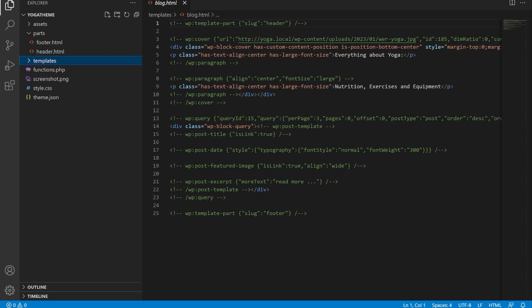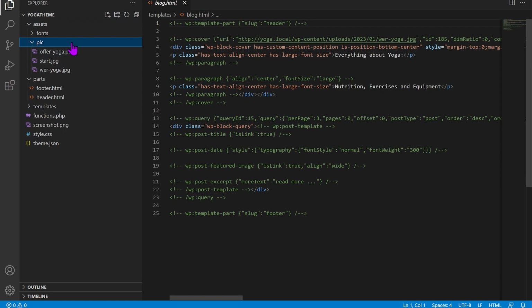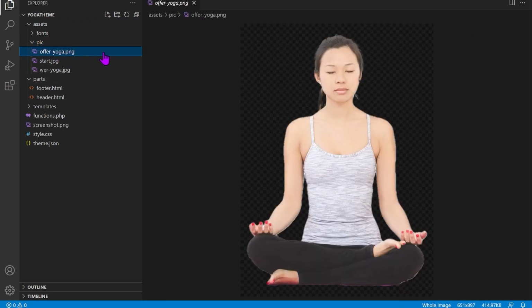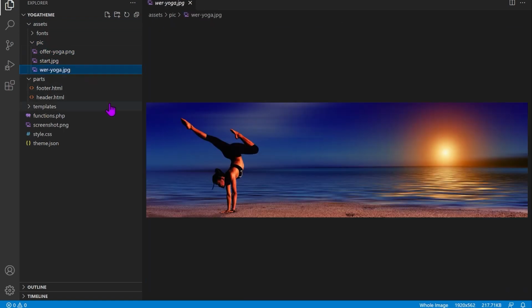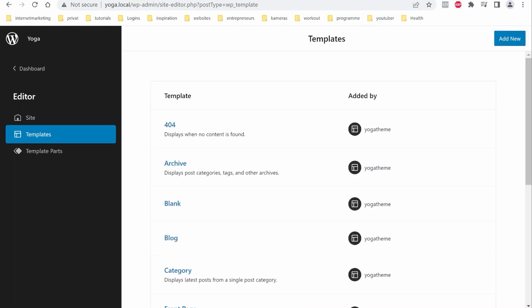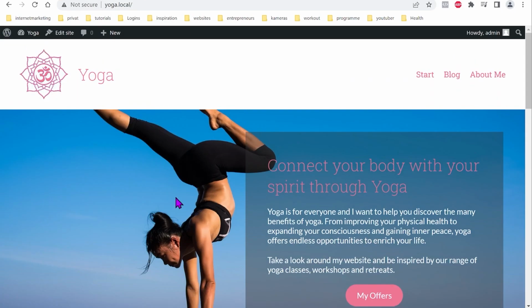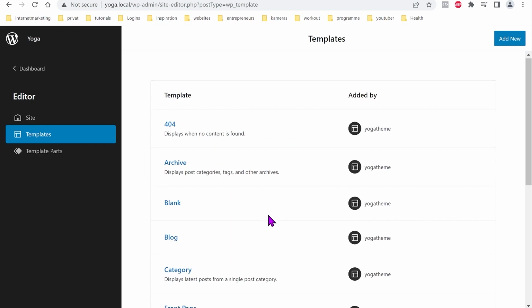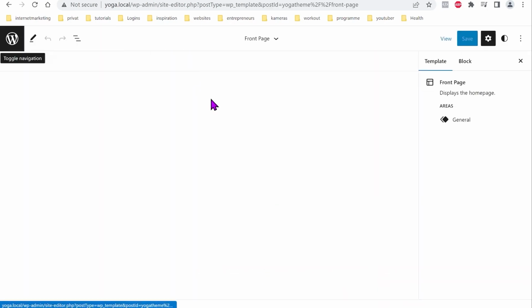If we go here to our theme in VS Code, you see here in the assets folder, the pictures, we just have our offer yoga picture really from the theme. The start and the about picture is not from the theme. Our WordPress installation takes it still from the installation and not the picture from the theme. So we're gonna change this now. We go to our themes folder, front page,